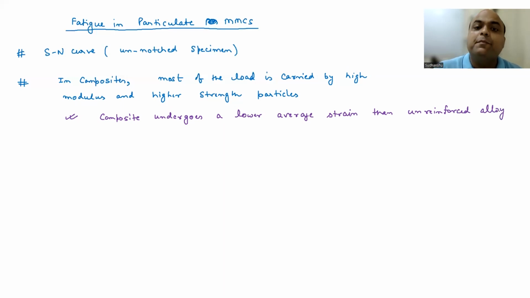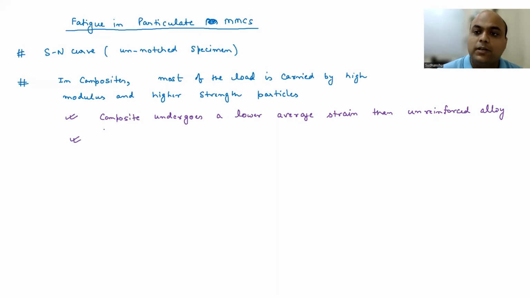Okay, because we have added particles in the composite which are harder as well as stiffer. So overall the composite is going to observe lower average strain in fatigue loading as compared to the monolithic counterpart. That is point one. Second, now if you increase the volume fraction of the particulate, you are going to